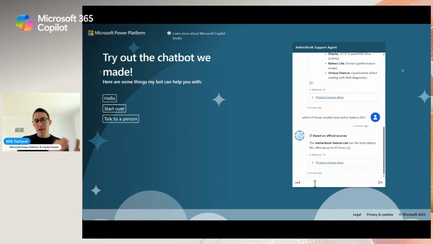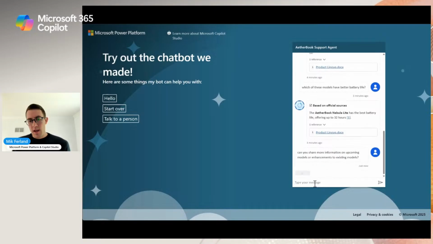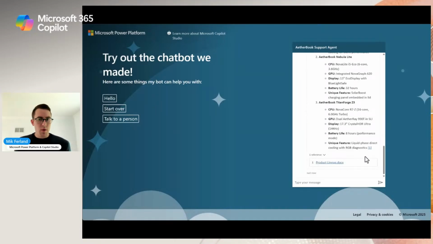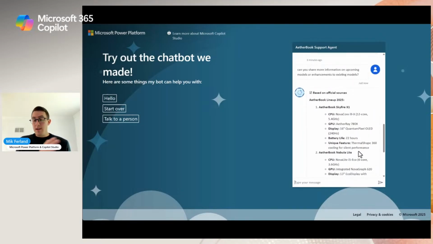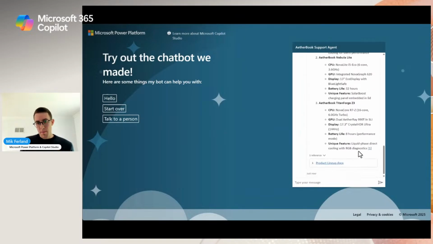But now we're going to deviate a little bit from what we would expect users to ask. And we're going to start inquiring about future product releases. And as expected in this case, the agent is going to provide that information without a problem. And that was not necessarily the maker Sridhar's intent when the agent was first built. So we're going to see how, from a security and governance perspective, it's actually quite easy and straightforward to secure